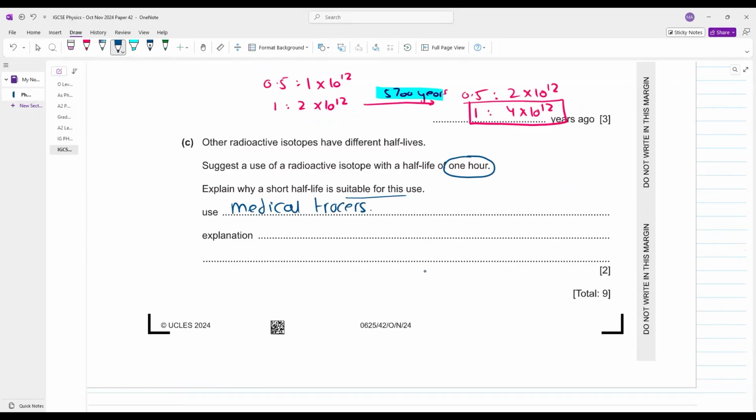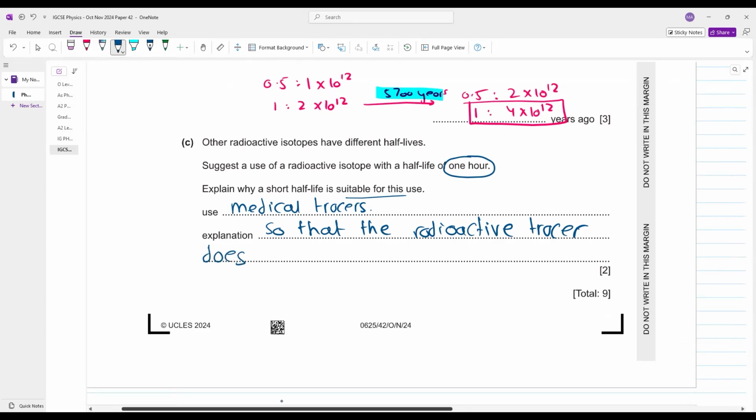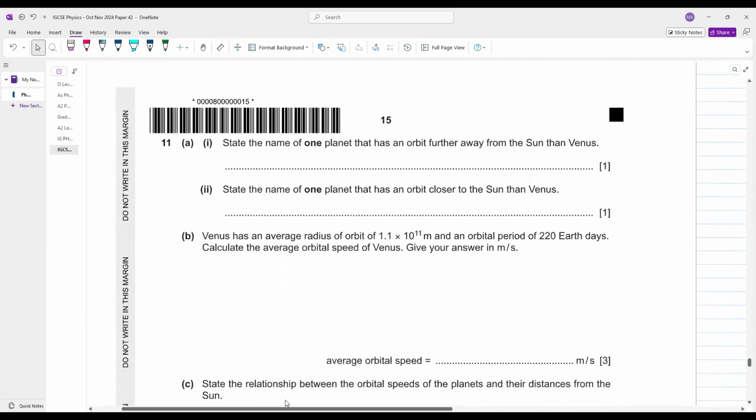एंड व्हाई डू वी नीड अ शॉर्ट हाफ लाइफ इन मेडिकल ट्रेसर्स? मेडिकल ट्रेसर्स में हमें शॉर्ट हाफ लाइफ क्यों चाहिए होती है? So that the radioactive tracer doesn't stay in the body for too long. Simple. आगे बढ़ते हैं. State the name of one planet that has an orbit further away from the sun than